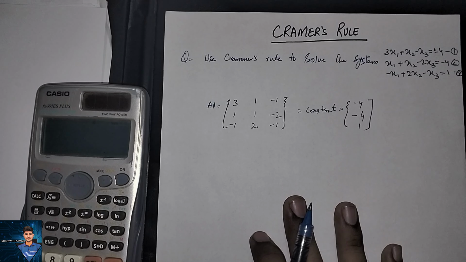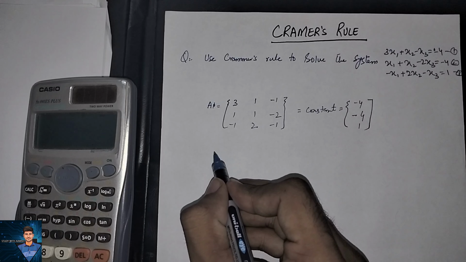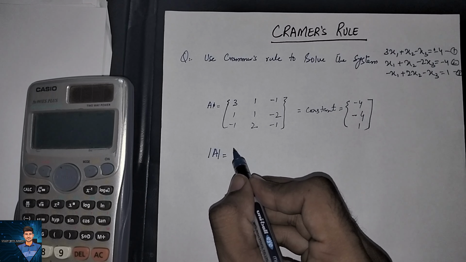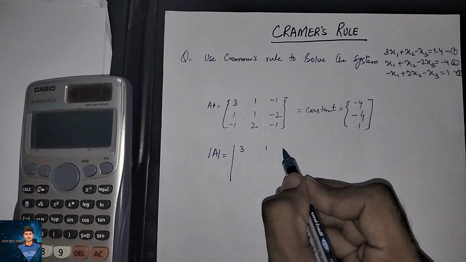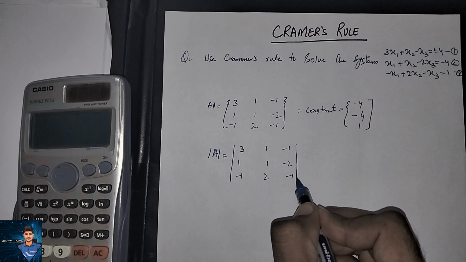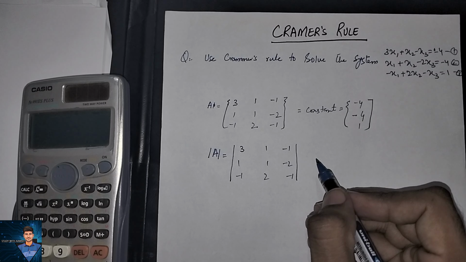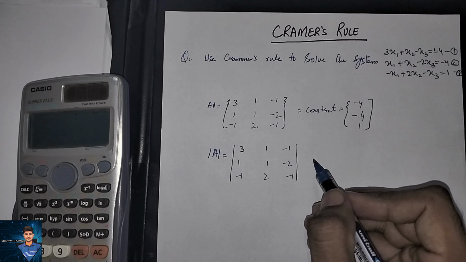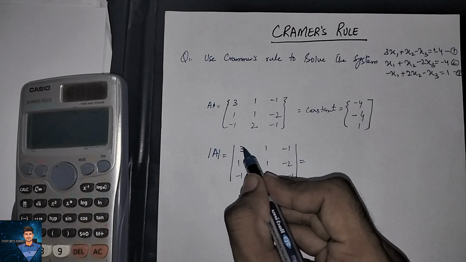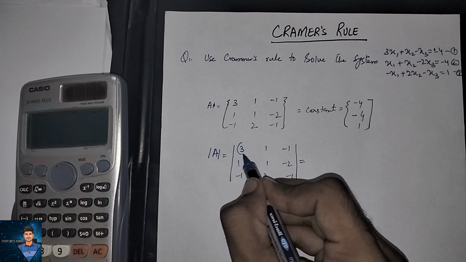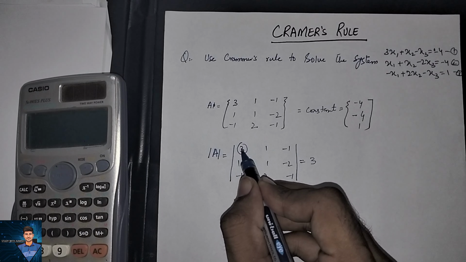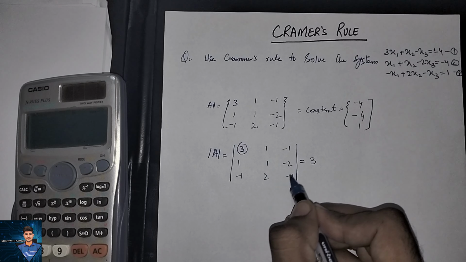For Cramer's rule, first of all you will need to find the determinant of matrix A. Let's find the determinant of matrix A. There are two ways: one is the manual way and the other is the calculator way. I will teach you both tricks. First of all, I will teach you how to solve it manually. So first of all, we will take 3,